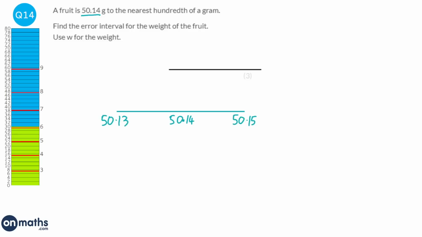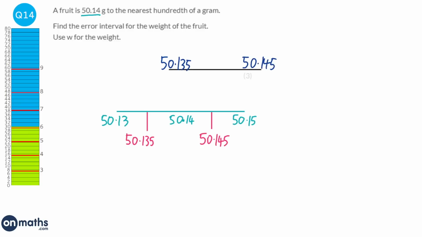50.15. Then to find the lower bound and the upper bound, or the highest and lowest it could be, we just find the halfway points between those two. And so the halfway point here is 50.135, and the halfway point here would be 50.145. So the lowest it could be is 50.135, the highest it can be is